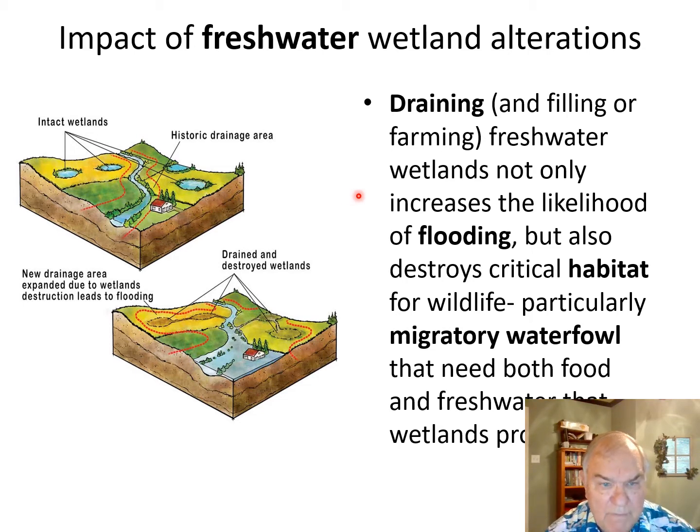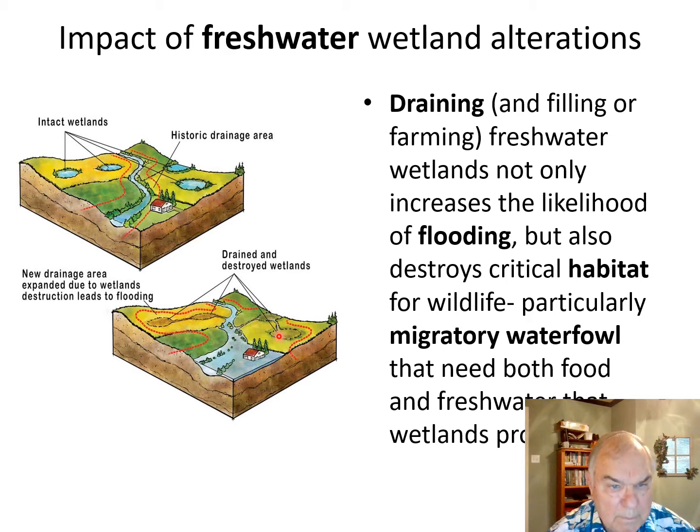First example we have here is changing agricultural practices over the years as farming became more mechanized. Farmers didn't like plowing around wetlands that naturally may have occurred on their properties, so they would drain and ultimately destroy those wetlands to increase farmland area as well as make it easier to cultivate with